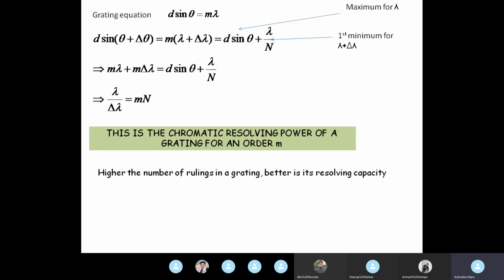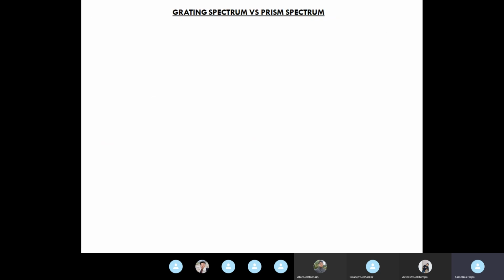And as you can see, the higher the number of rulings in a grating, the better is its resolving capacity. So the higher the value of N, the higher is the resolving power of a given grating. All right, so that more or less covers our discussion on grating. And finally